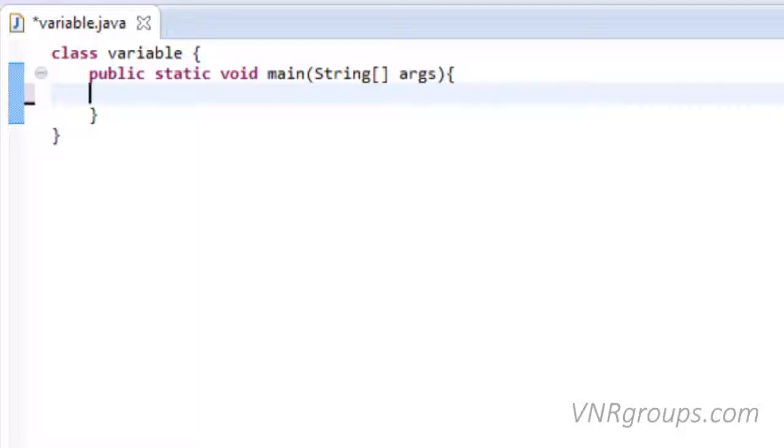In this tutorial, I'm going to talk about variable. Variable is like a container. It holds some value. If you remember in math, we assign a value to a variable, and whenever we use the variable in calculation, it takes that value. X equals 45. For instance, here we have a variable x and we have assigned it a value of 45. Now whenever we use this variable x in the calculation, x would take the value of 45.